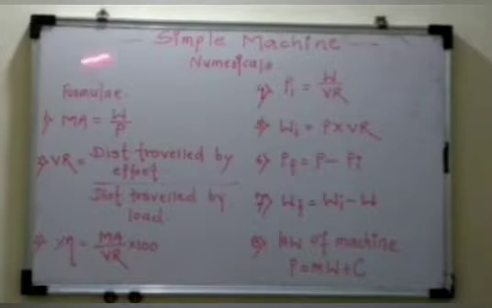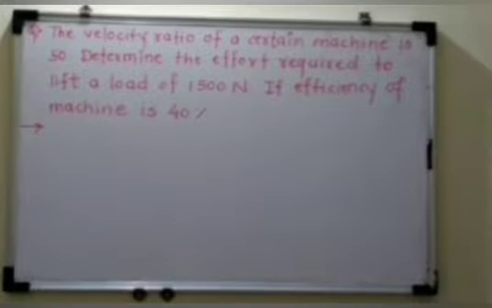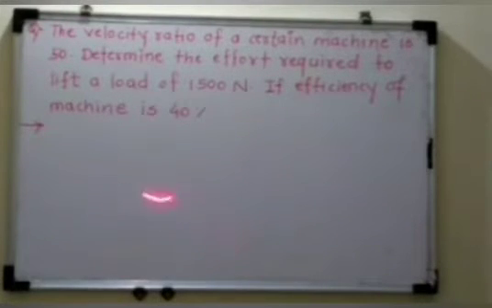Okay. Now after that we will discuss one numerical. I have written the numerical on the board. First of all, you must understand the numerical. You must identify the numerical. Some keywords are given in the numerical, and from those keywords we can identify by which method that numerical will be solved. See here, there is the word velocity ratio, then machine, effort, load. All these words are from the unit simple machine. That means we can say that this numerical is of simple machine.